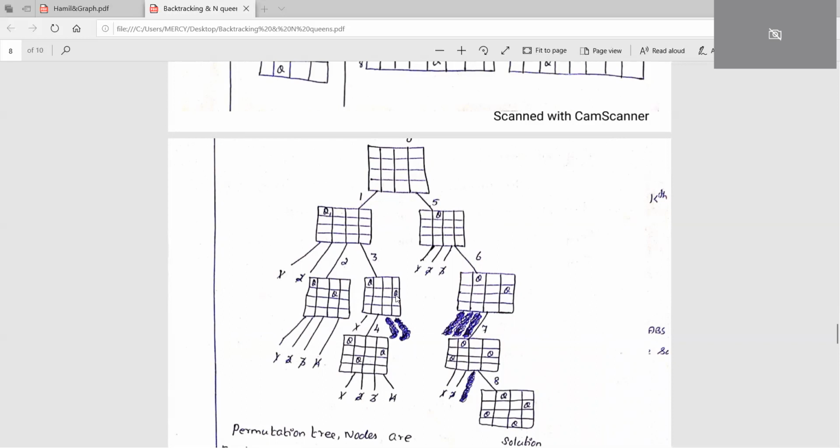Now we have to change this Q. Is there any other possibility to change this Q? No other way. Okay, now you go one step back. So now with Q1, is there any other possibility? Yes, we can try with the second column. So now Q1 can go to the second column. Now Q2 you have to take. Here is not possible, here is not possible, here is not possible. So all three are cut.